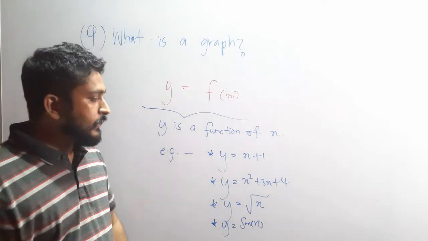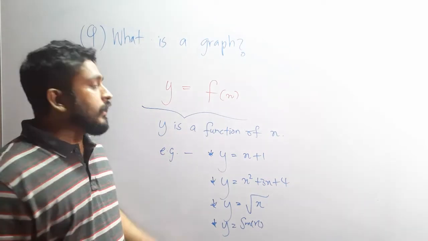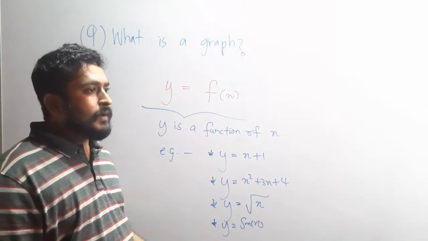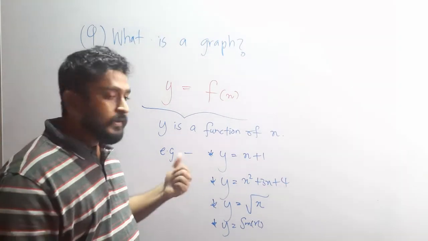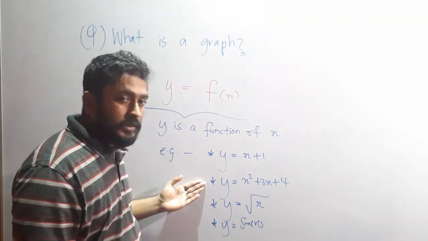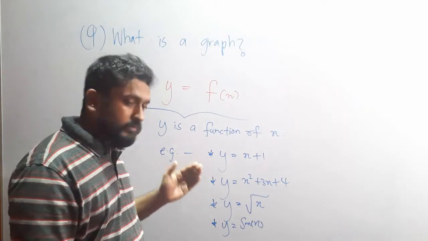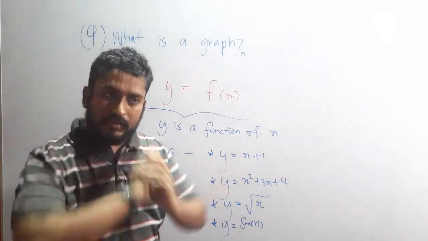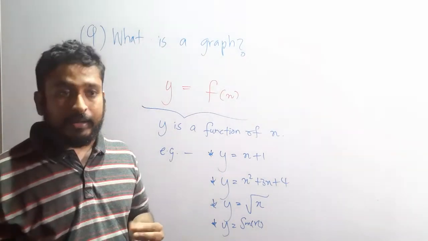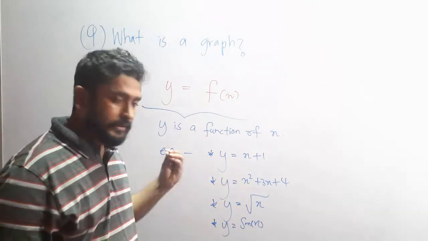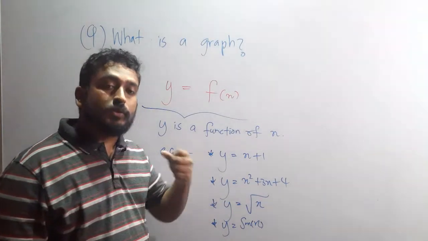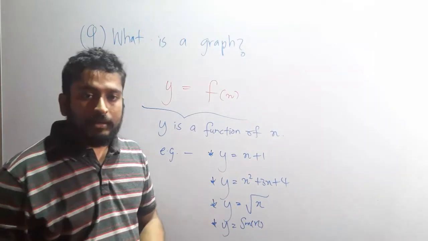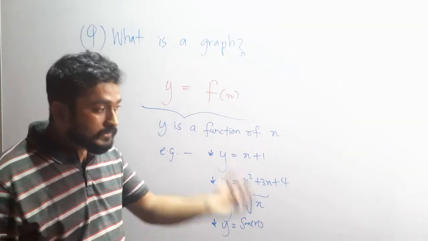Right. Then my question is, if these all are functions of x, what decides the uniqueness of each of the functions? This is unique than this. This is unique to that. So y equals x squared plus 3x plus 4 is y equals x squared plus 3x plus 4. It cannot be equal to anything else. So that is unique. When I consider y equals root x, that is unique in its own way. Y equals sin x is unique. What makes that?